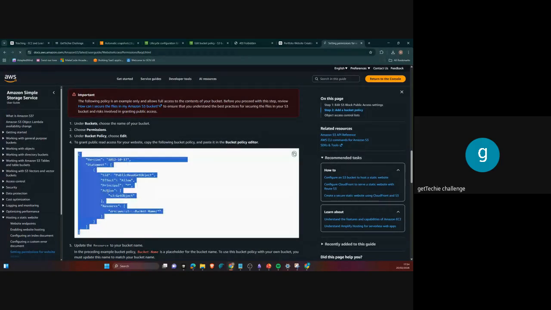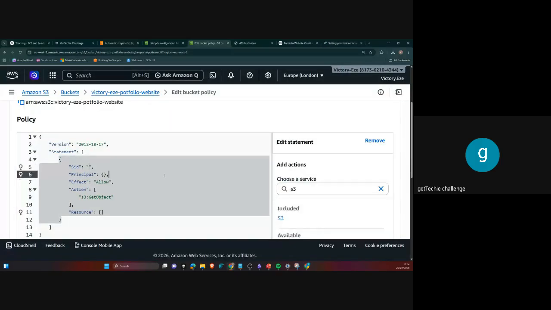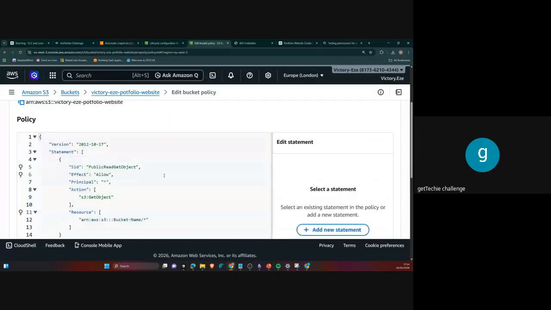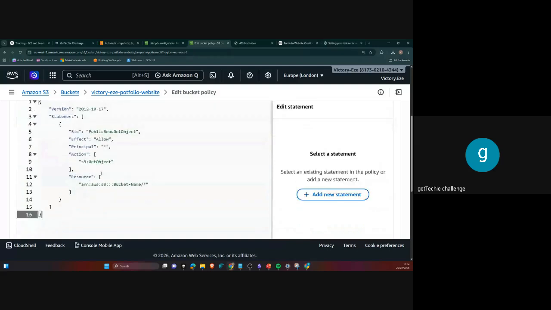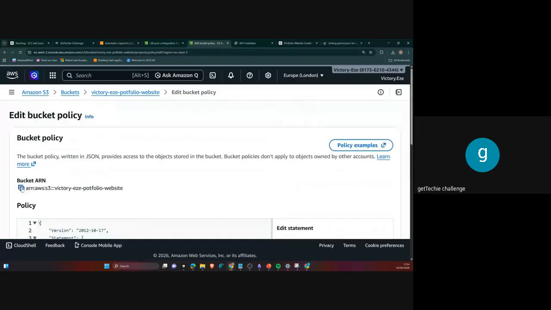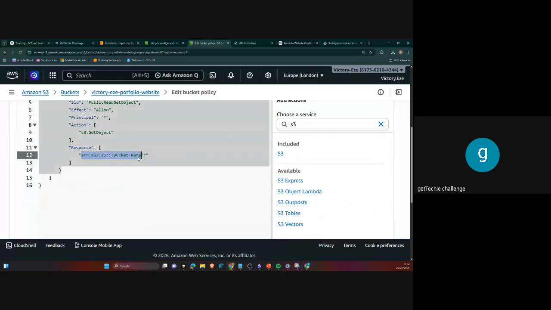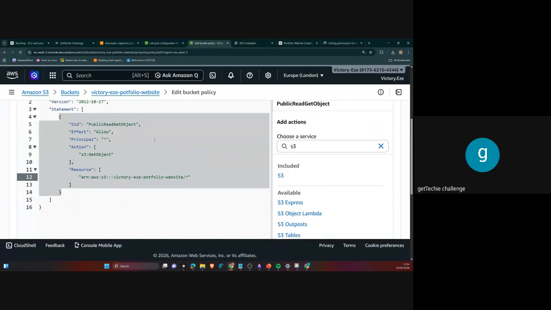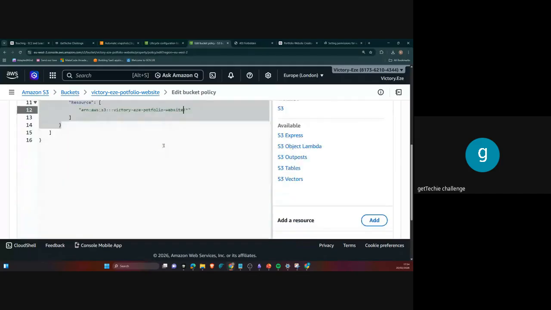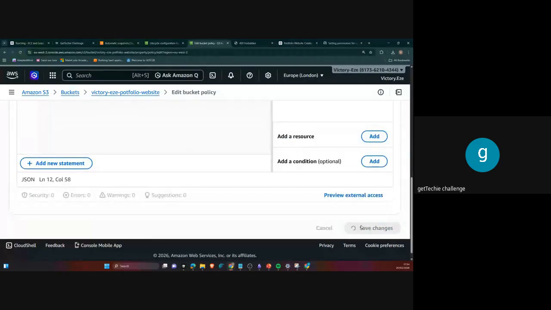So I'm just going to grab this, go and come back here, and I'm just going to Control A, Control V, right? This is actually where we put our bucket name. This is my bucket name, so I'm going to change this ARN to my own bucket name. But remember, it must have this /*, meaning everything in this bucket is what we want this object to get, right? So this is actually what we need. And we are going to save this.